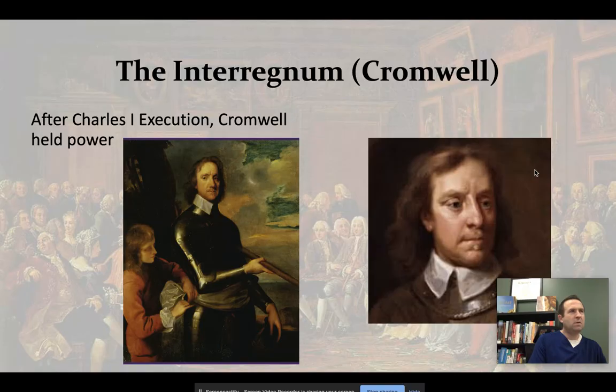Wow. So wait. While the colonies are starting to prosper here, England's got these ideas of a commonwealth, a republic, where they abolish the monarchy and they abolish the House of Lords, only leaving the House of Commons, hence Commonwealth. Now, on the one hand, this sounds really good. However, in reality, it only lasts four years, from 1649 to 1653.